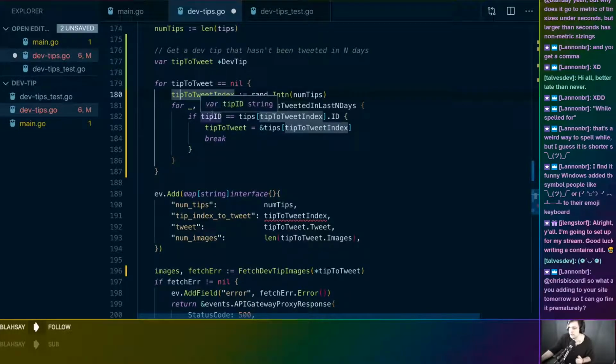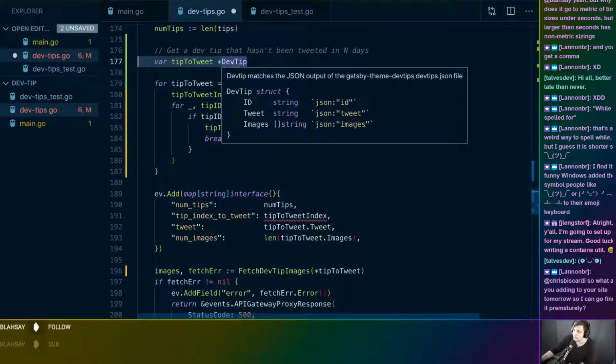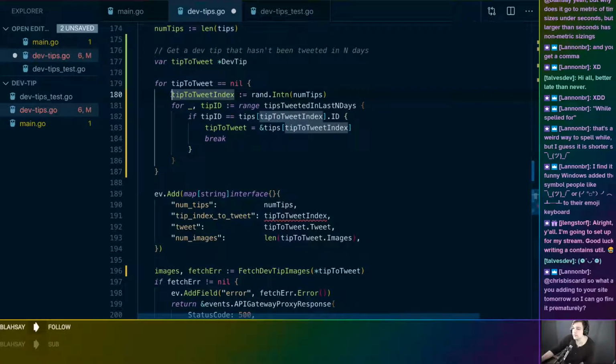And then this loop is wonderful. But basically what we do is we say while our tip to tweet is nil, and it's a pointer, so nil is one of the valid values for tip to tweet now, then we get a random integer for the length of the number of tips that we have. We loop over the tips that we've seen in the last N days and get the ID. And if that ID is equal to the tip at the index of the number that we got, then what we do